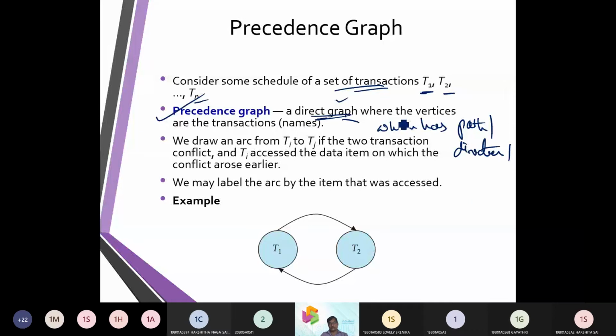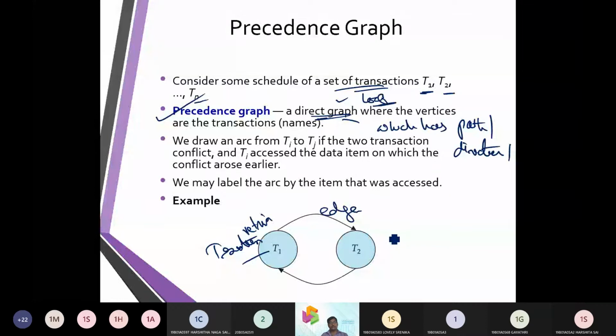As it is a graph, we can say there can be some loop structure also. So we have the vertices, and they are labelled with the transactions, and the edges are going to have an arrow mark, which is the path you are mentioning.